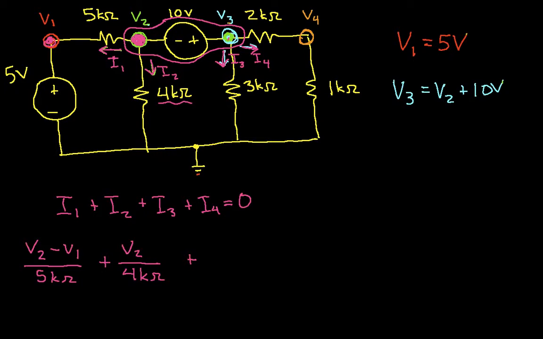I3, similarly, is going to be V3 over 3 k ohms. Again, it's the voltage at this node with respect to the reference divided by 3 k ohms. And I4 is going to be V3 minus V4 over 2 k ohms. And this will be equal to 0. So by applying Kirchhoff's current law to the supernode, I now have a second equation that I got from nodes